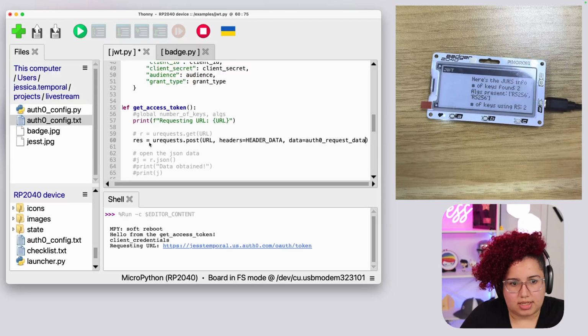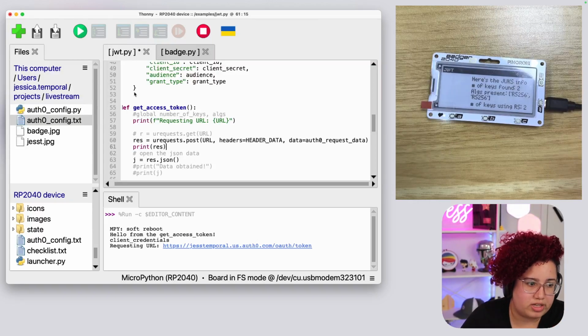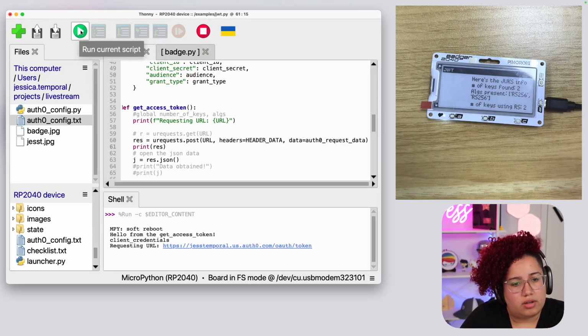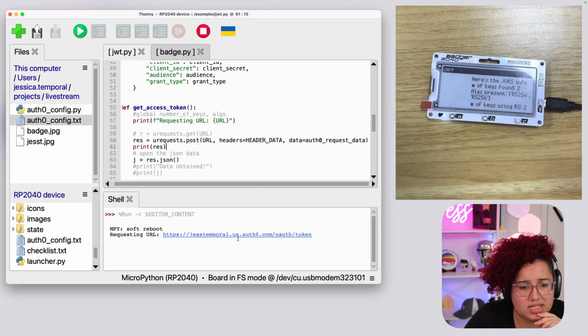And let's see, does this give me an... Okay, so after that, I need to put the information from the request into another variable. And I could do print res, and this is res, not r, to see if this is actually a request type. I could do type request res to see if it's the type that I expect. Let's see if something breaks.